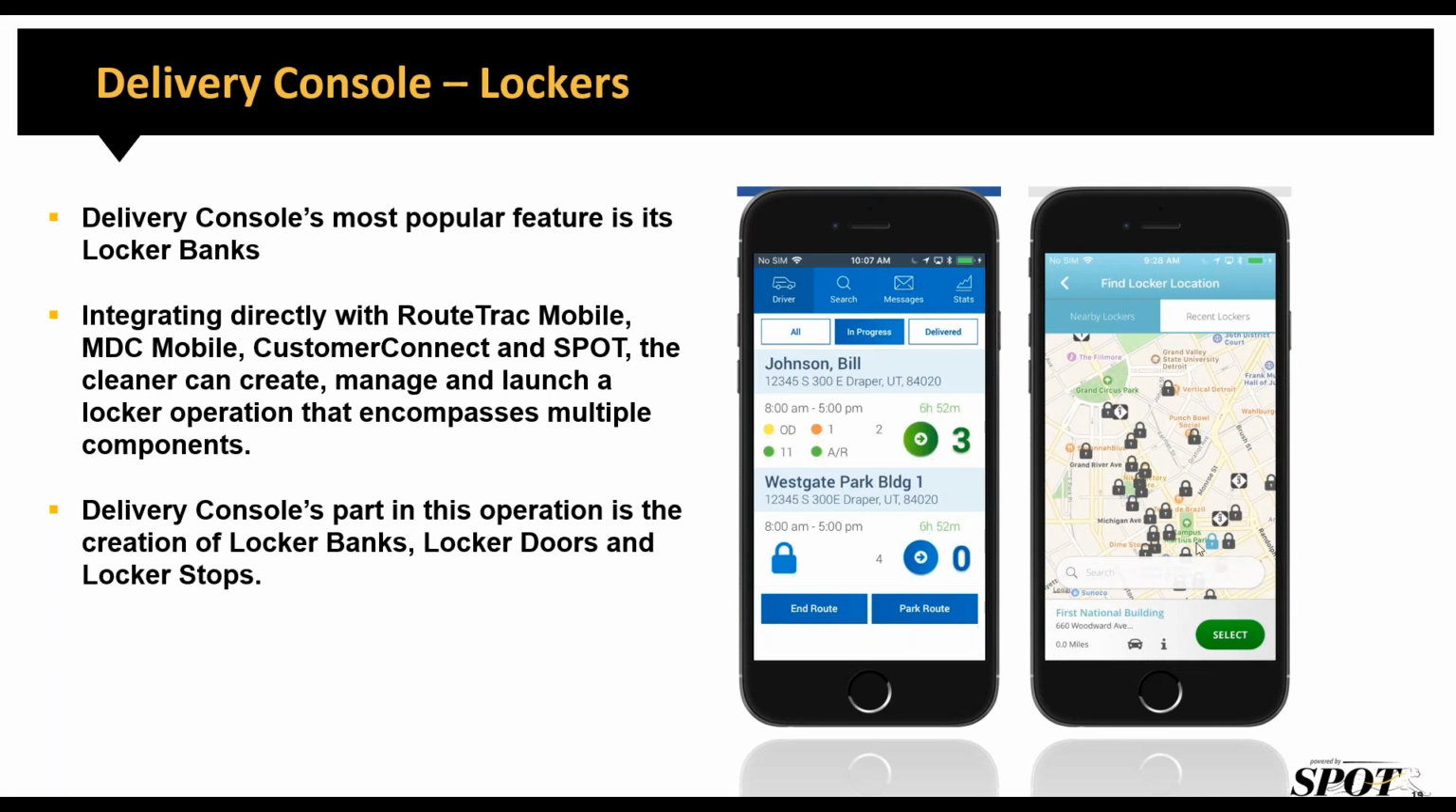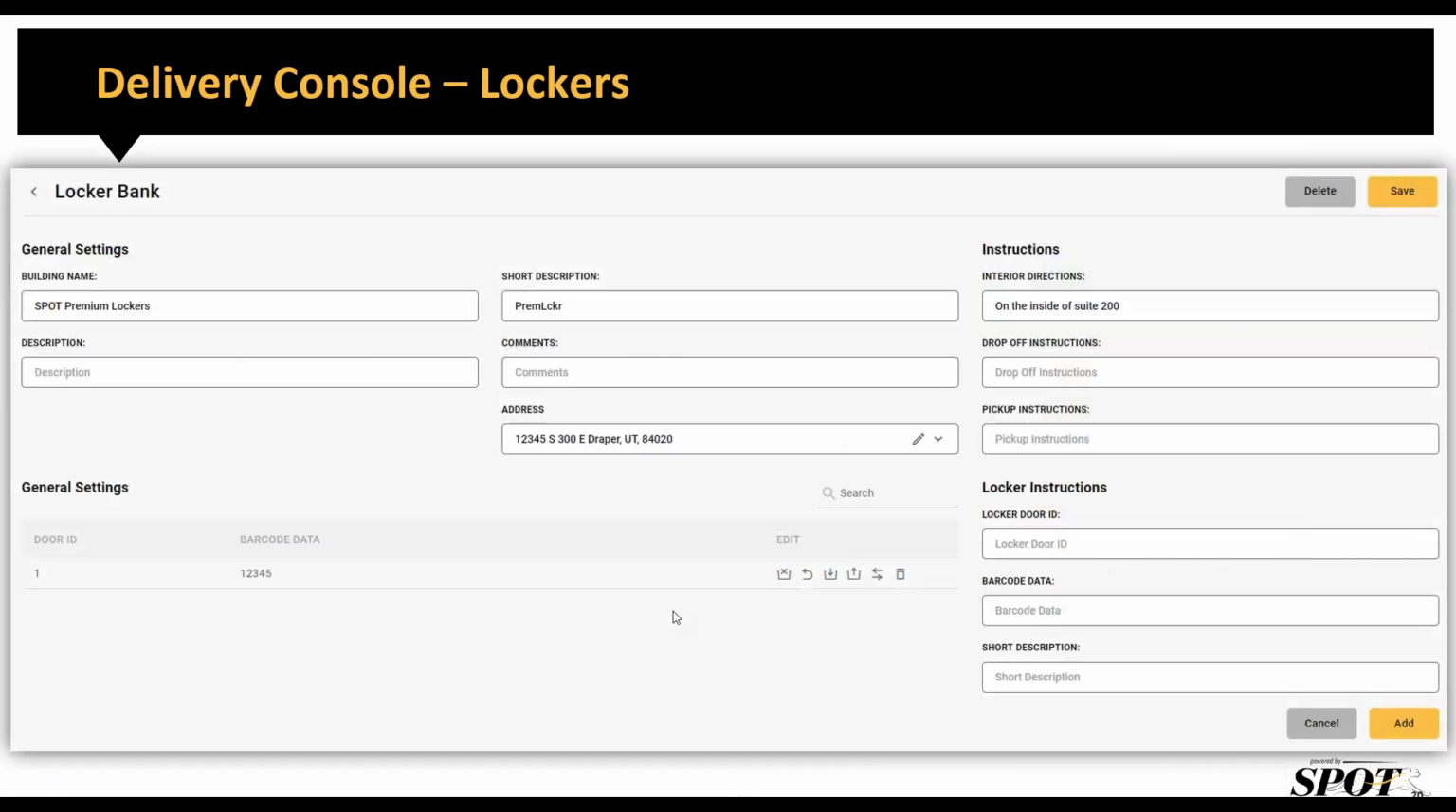As you can see, they can make the selection of which one to visit based on the device's location that they're using. And that will also provide them with direction by direction instructions on how to get there. As far as Delivery Console goes, what you should know is that this is where you will be adding the actual locker banks. So adding a locker bank is as simple as going into the locker bank section of Delivery Console and then entering the name, usually the building of where the locker banks are located,